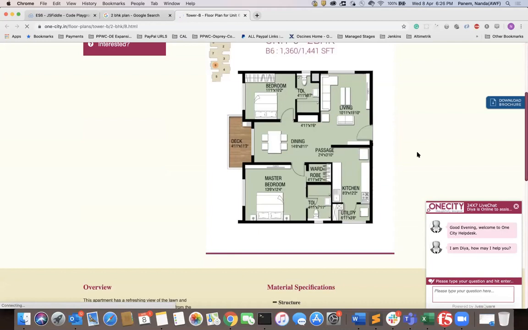Suppose in the middle, if you need to modify some interior work, or if you need to add some add-ons or anything, what can you do? You can add everything to this apartment. How can you add? Based on this blueprint, you can modify the blueprint, or you can add some extra features.